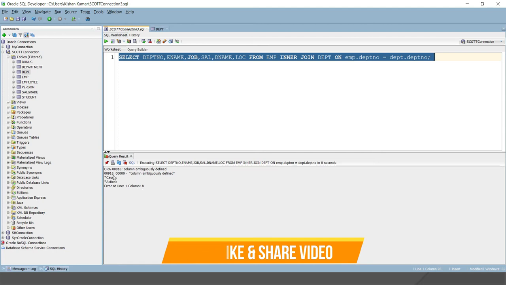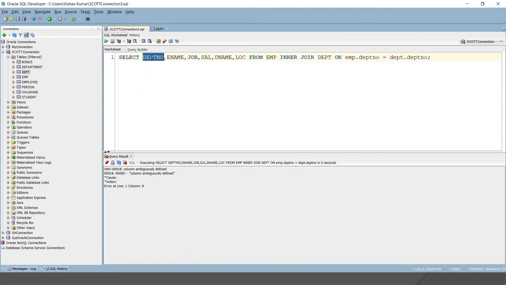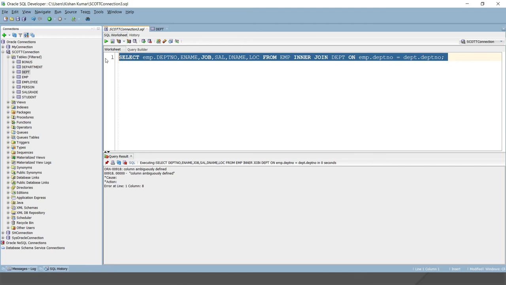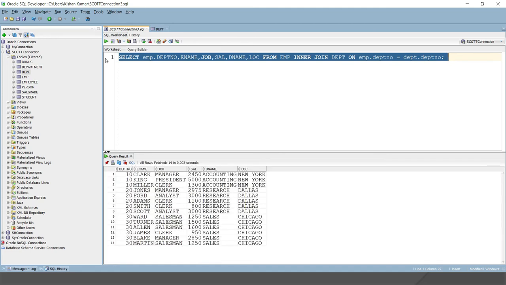There is some ambiguity in the column name. Oracle gets confused about which department number to fetch, whether from the department table or the employee table. We have to tell it explicitly. So I am going to take help of the table name: table name dot column name. Now Oracle knows this department number has to be fetched from the employee table, so there would be no error. These are the small things you will always have to keep in mind.